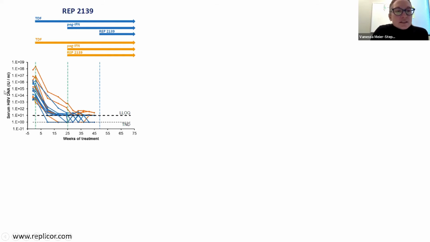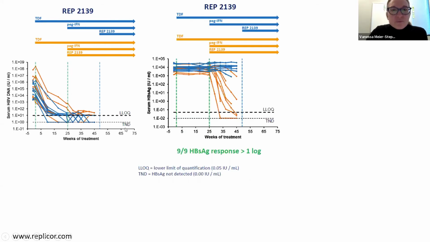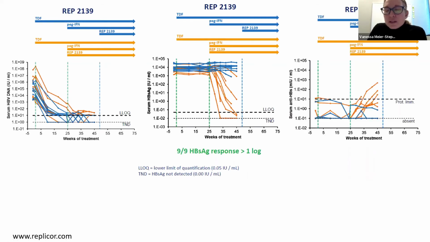And if we look at this, this is the serum DNA. So both are able to lower the DNA. It's likely all related to the tenofovir and interferon combination. Then when we look at this here, this is for surface antigen. With the tenofovir interferon combination, it's essentially stable; it's not doing a thing. When you add in these NAPs, you grossly lower that surface antigen, and this can lead to seroconversion in many cases. So seroconversion means you develop antibody against surface antigen. It gives the body a chance to catch up.